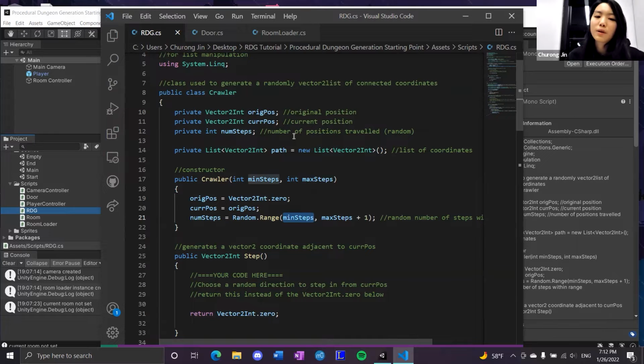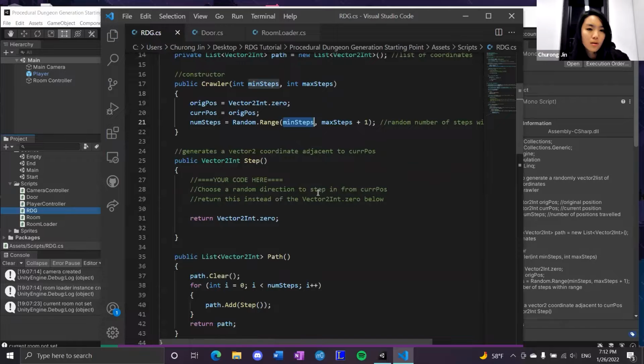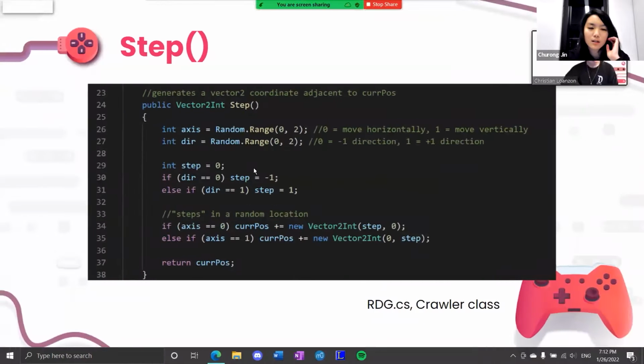So for example, if the valid number of rooms is between 3 and 7, we could have 4 rooms in one crawl, 6 rooms in another, just to make the dungeon more interesting or more random. So what we want to do here is simply choose a new direction and then add this to the current position each time we call this step function. And the way I did it here was by